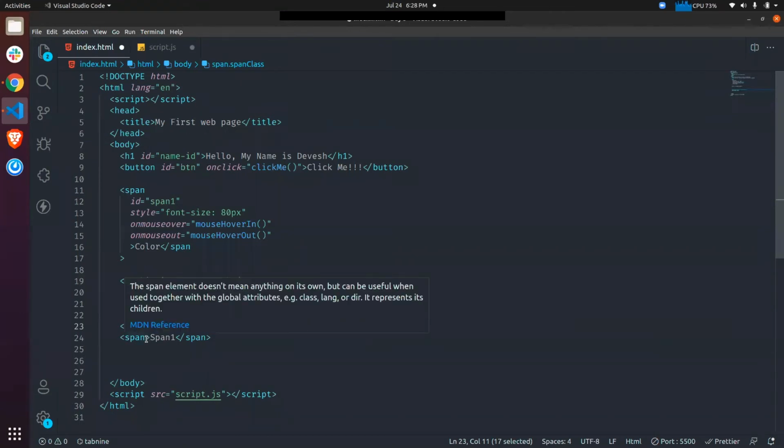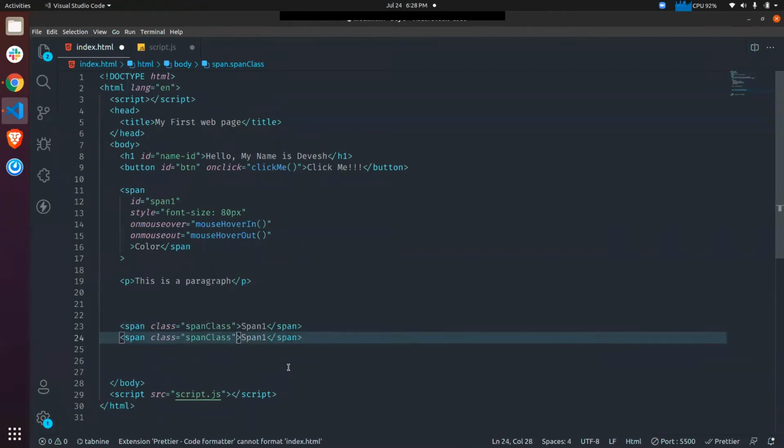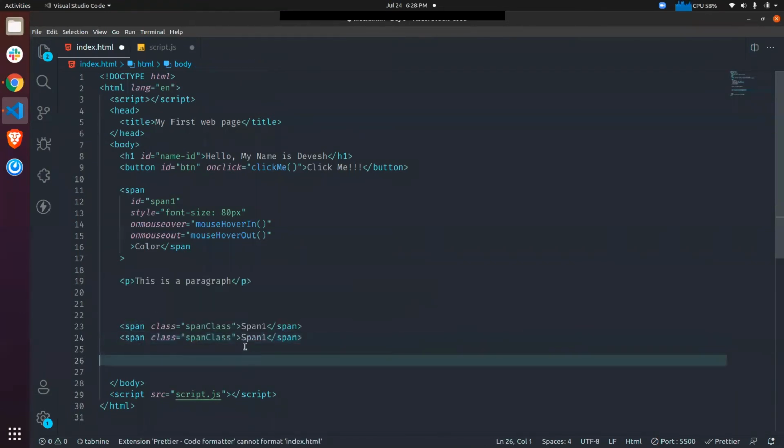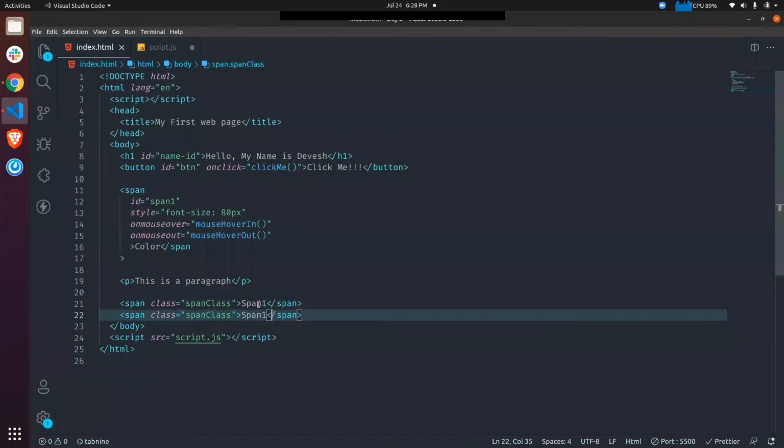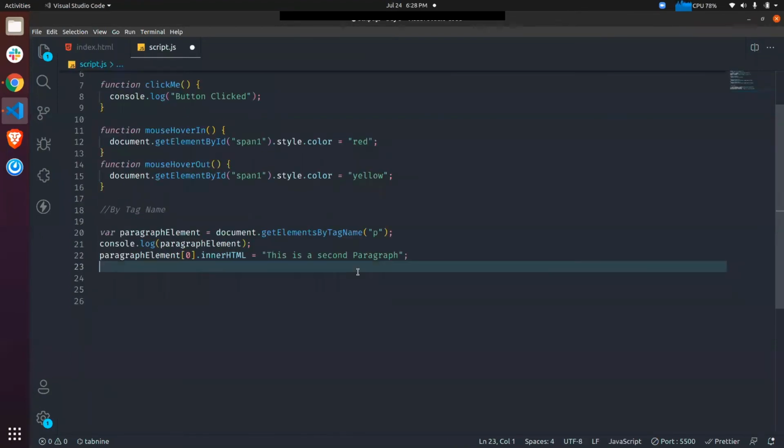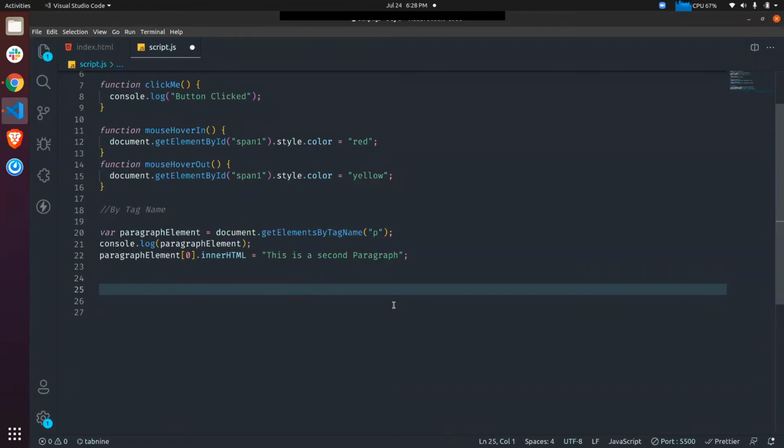We have to apply the same CSS to both the spans, so we have created a class and applied it. Now let's say we have to change the stuff inside this first span from span 1 to some other name.